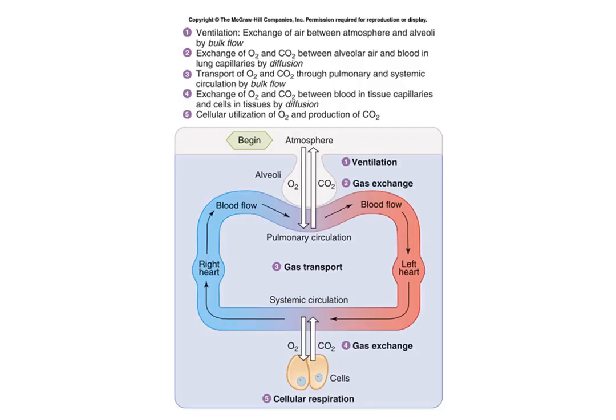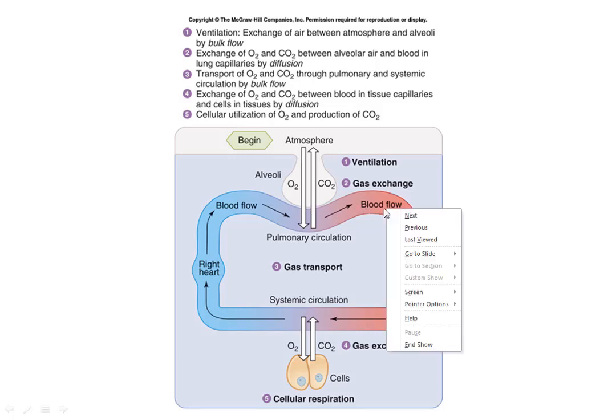Now, over the various lectures and learning activities of the respiratory block, we are going to describe these stages of respiration in detail. So here we have the atmosphere, so the inflow of air brings oxygen into the alveoli, and the outflow of air from the alveoli into the atmosphere takes carbon dioxide out to the atmosphere. This is pulmonary ventilation. Then the second stage of respiration is the exchange of gases. Then we have transport of gases.